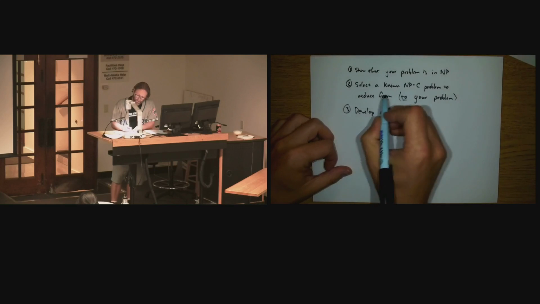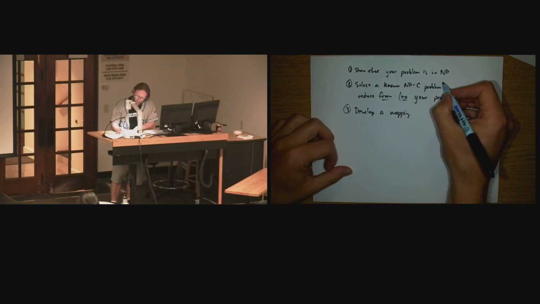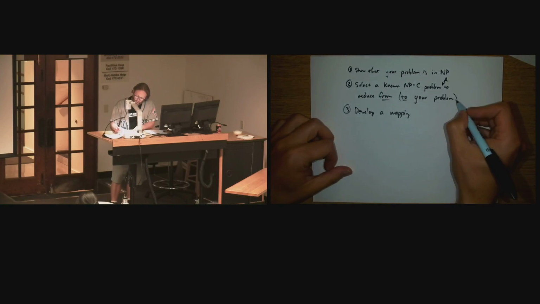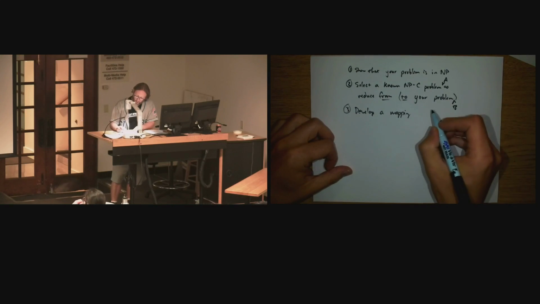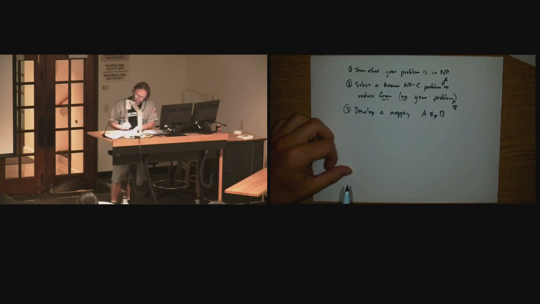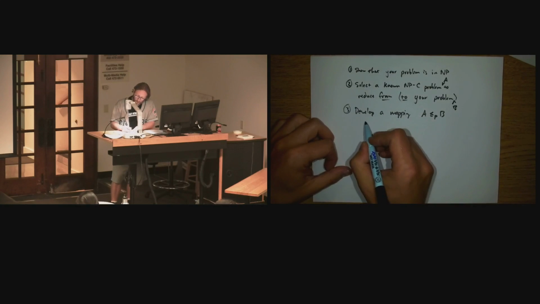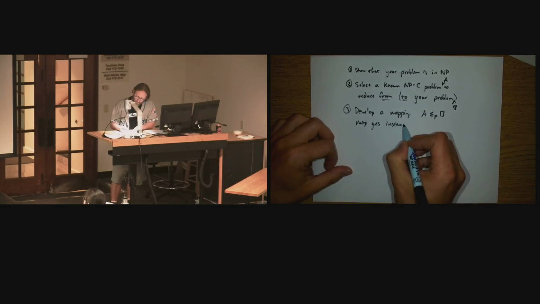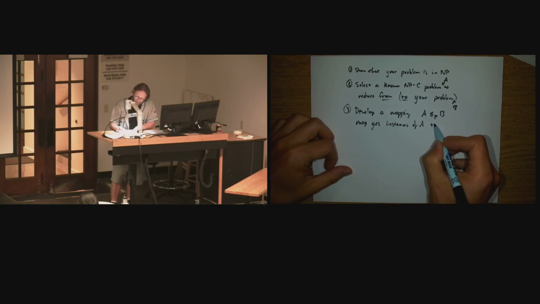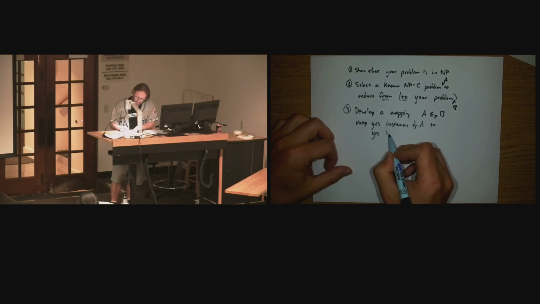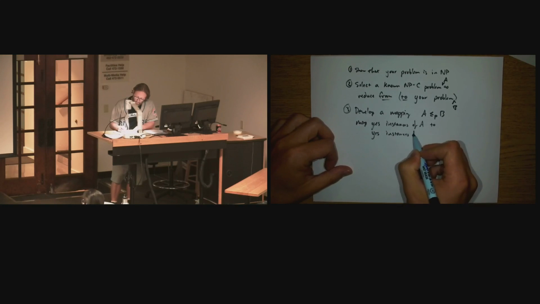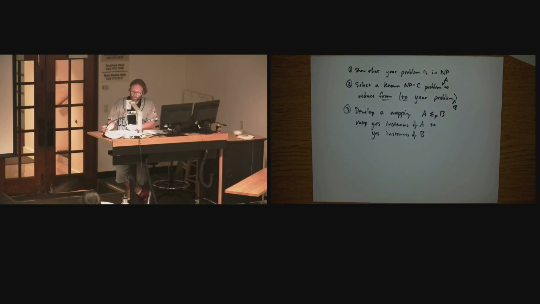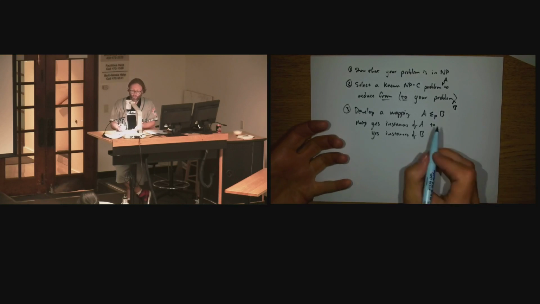Let me go ahead and give these names. You select a known NP-complete problem, we'll call it A, to your problem B. In other words, you want to show that A is polynomial time reducible to B. Develop a mapping such that you map yes instances of A to yes instances of B. Now, with respect to 3CNF, which is a Boolean formula, we're going to map Boolean formulas